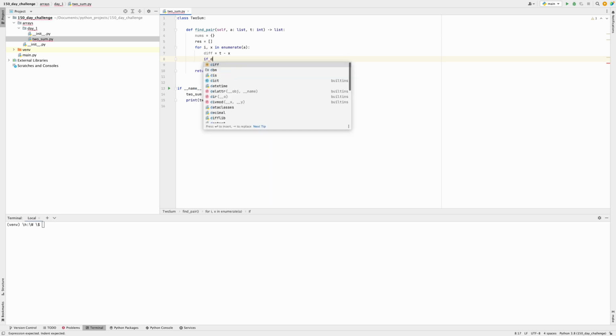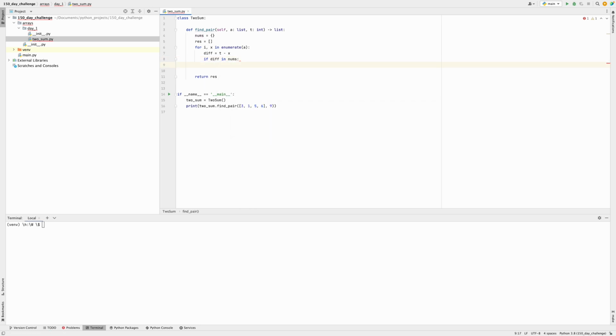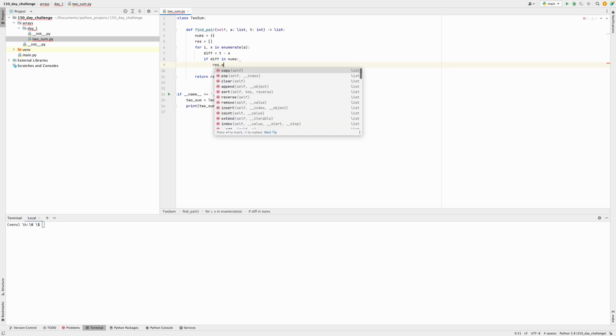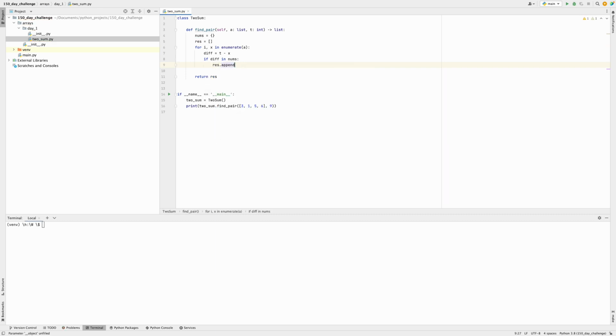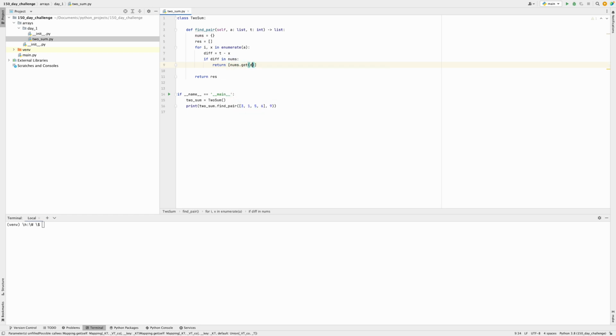So we'll say if diff exists in nums, then we will just return, so we can say result dot append, or simply just say return